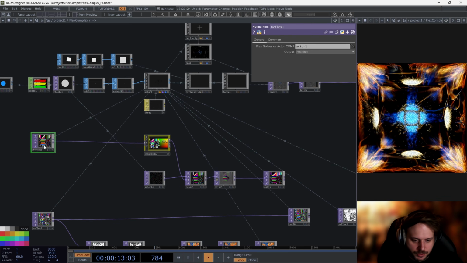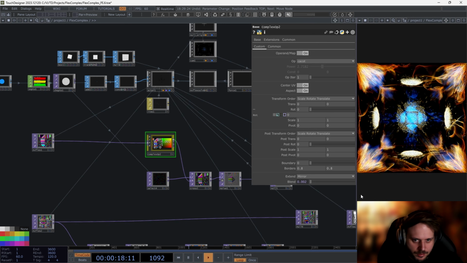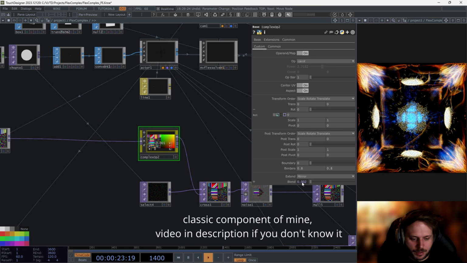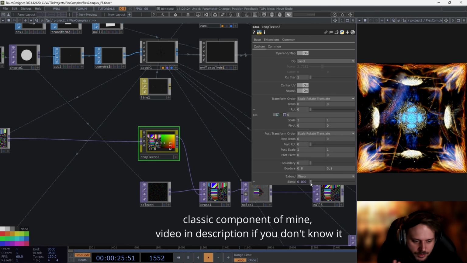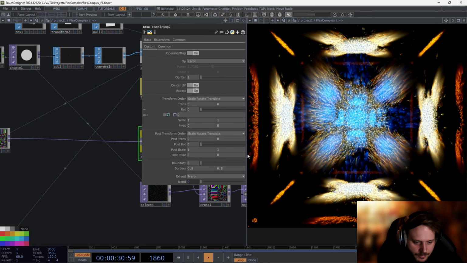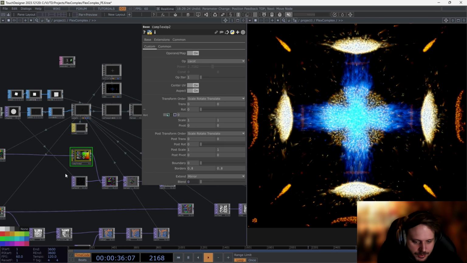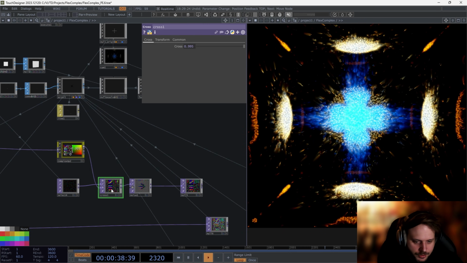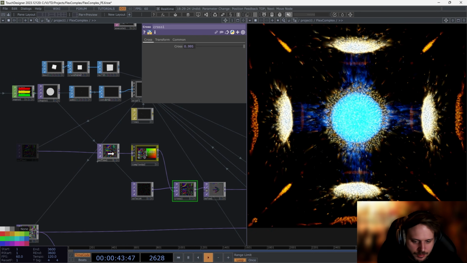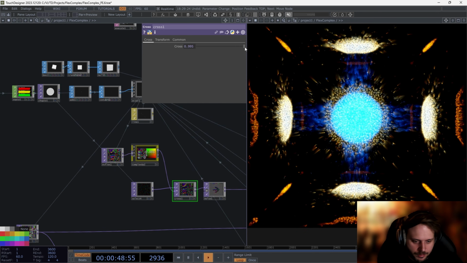So in this case, with the position, what's making it look a little bit more unique than other setups is that we have a complex OP here with a blend of 0.002, super small. If I remove this, it still works, but a lot of the magic is missing for me. I also have a cross here, which is the cross between the current position of the particles and the starting position. If I remove this cross,